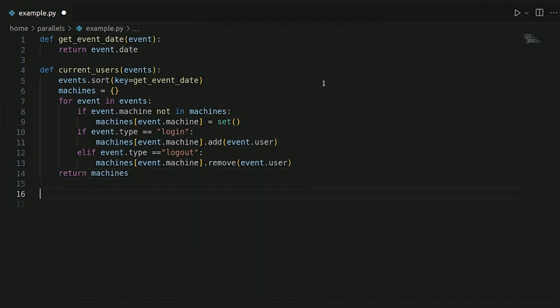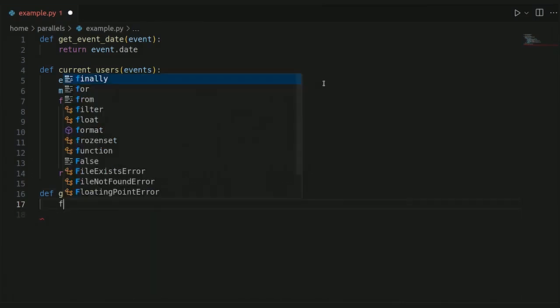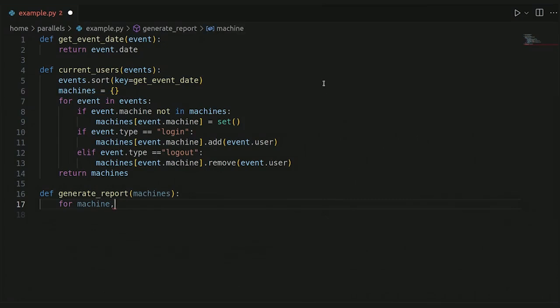Nice! We now have a dictionary ready and we need to print it. For that, we'll create a new function called generateReport. In our report, we want to iterate over the keys and values in the dictionary. To do that, we'll use the method items that returns both the key and the value for each pair in